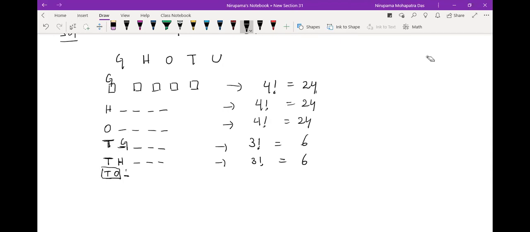So here it is G, now TOG. Next 2 places, right? Yes, 2 places. So factorial 2, 2 letters, 2 places. Factorial 2, that is equal to 2. Now T O H. Okay, so here you can have again factorial 2 because 2 remaining letters and 2 places. So here it will be 2 ways after T O H.